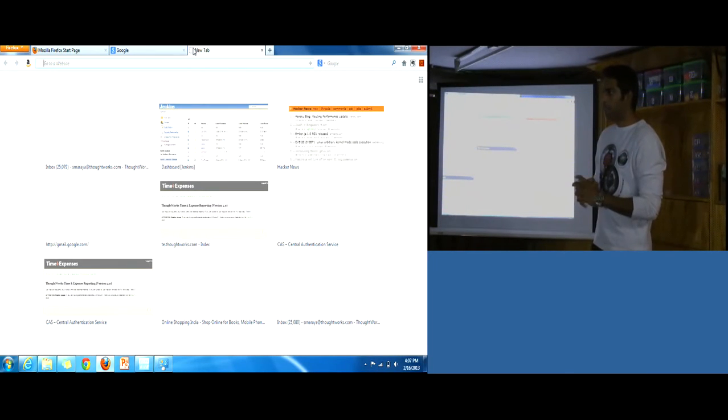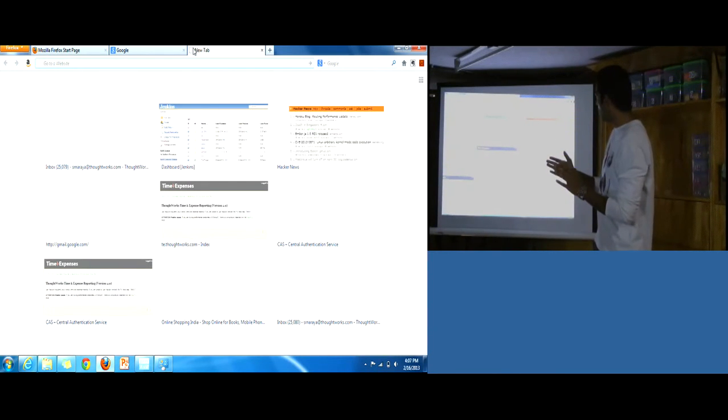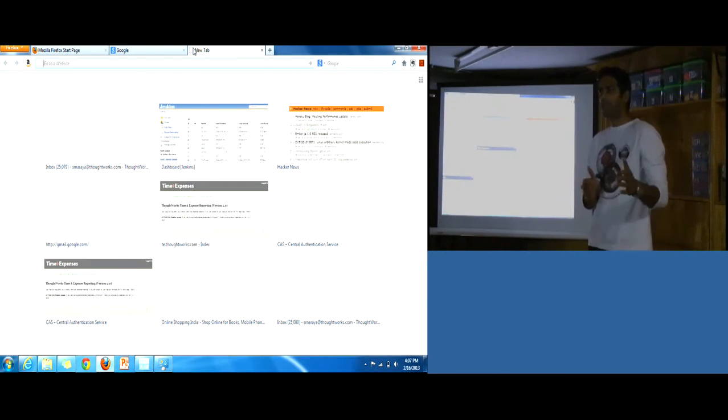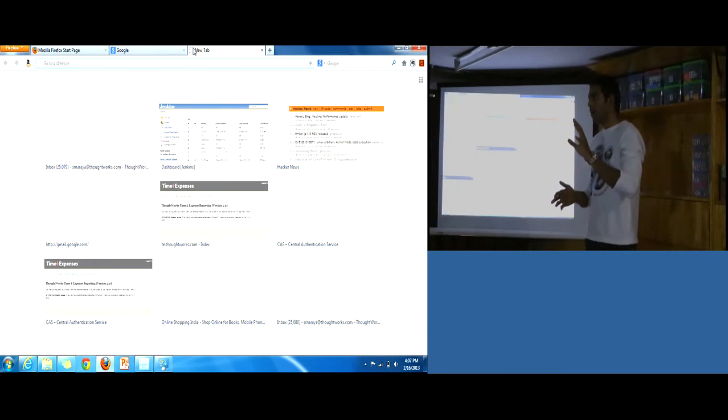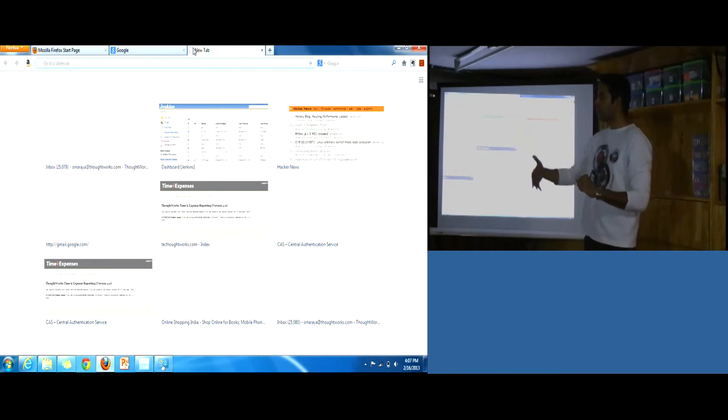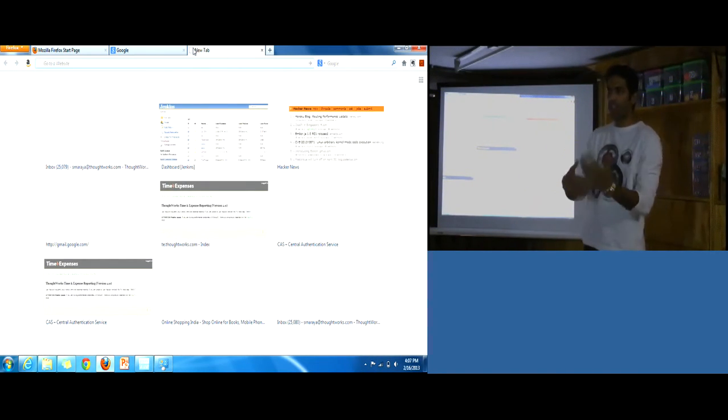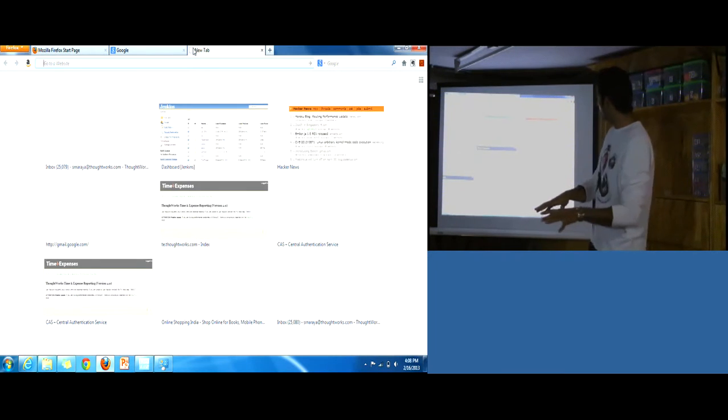So in this session, I'll very quickly explain how you can identify security issues on a web application in an automated way. I'll also explain how you can write Python code for web application related tasks. For example, if you want to fetch a page from the server, analyze the page, see what kind of content is inside it, and then submit a form in the page, basically regular web interaction, how you can do that in Python in an easy way. That's what I'm going to do in this session.